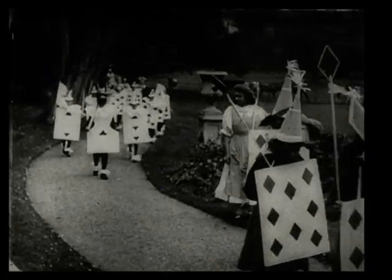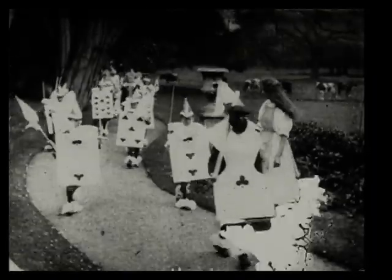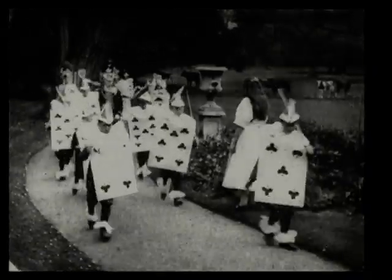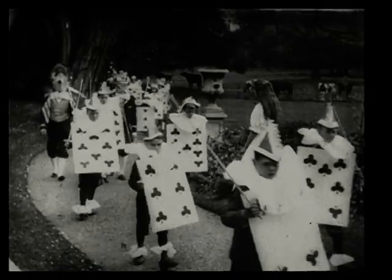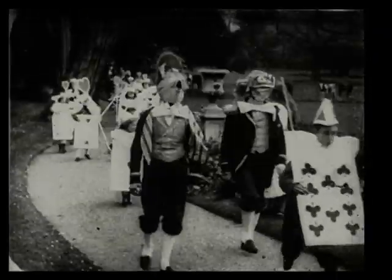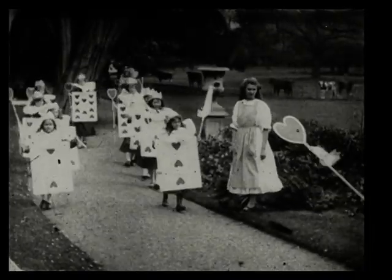Hepworth began making films in 1899 and continued making films until 1924. Of all of the people who started making films in Britain, he was the one who survived in business the longest. And during this period, he was one of the most prestigious filmmakers in Britain. His work was applauded far and wide. Eventually,